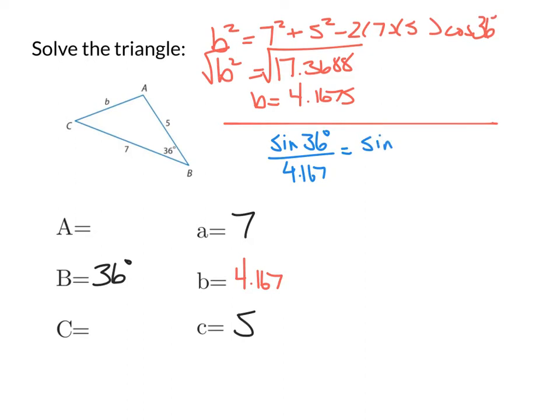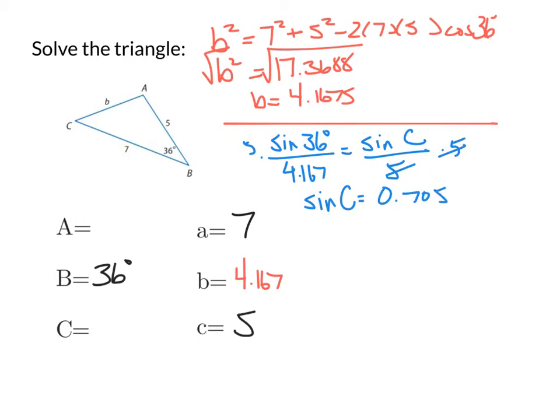So I'm going to use angle C. So the sine of angle C is related to side C, which is 5. To solve this one, I'm just going to multiply both sides by 5. I'll get those guys to cancel. And so sine of C is going to be 5 times the sine of 36, all divided by that 4.167. And we get